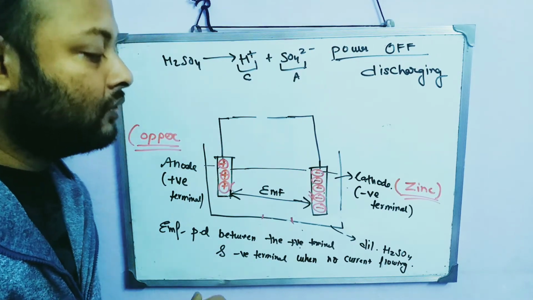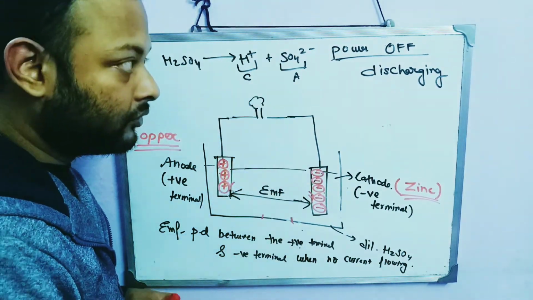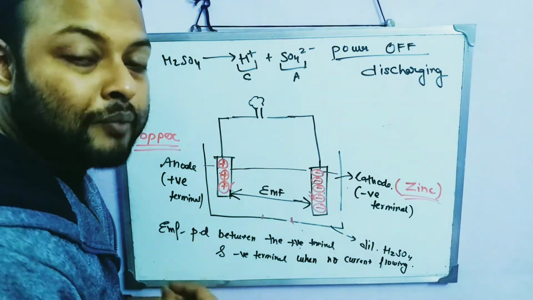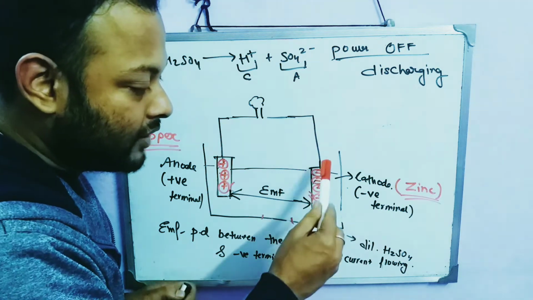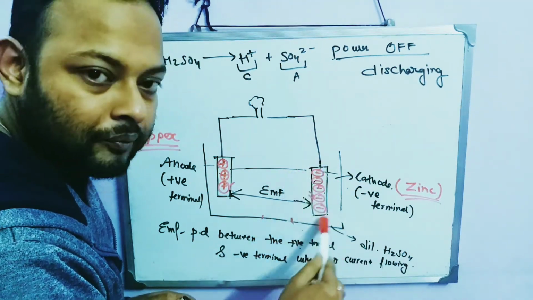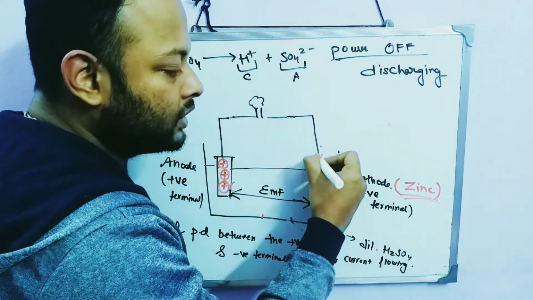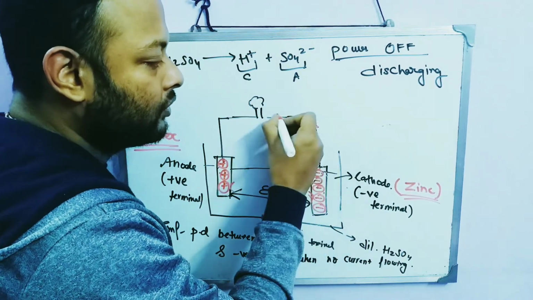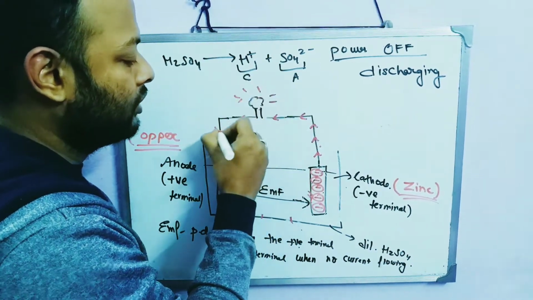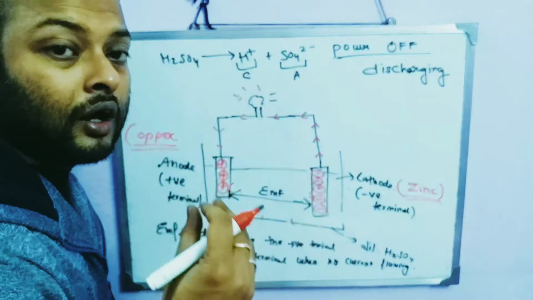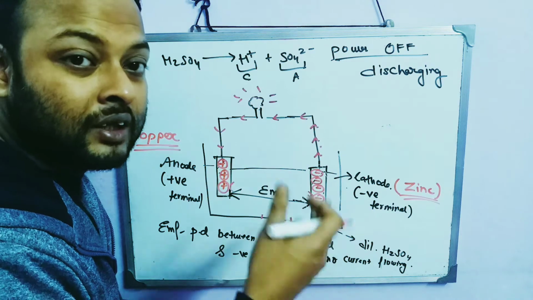Now obviously, if you put any bulb over here, when the power goes off, it is the battery which is there in our house that provides you the power, that emergency power. Whatever electrons were accumulated in the cathode will slowly move and go through this bulb and light this bulb, and that is how you have the power in your house when there is a power failure in your locality.